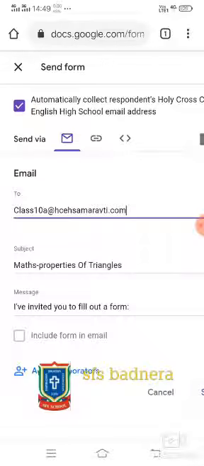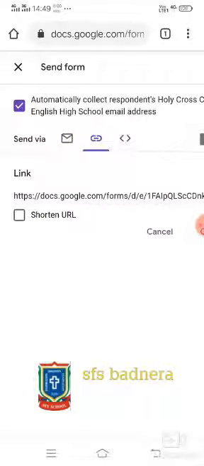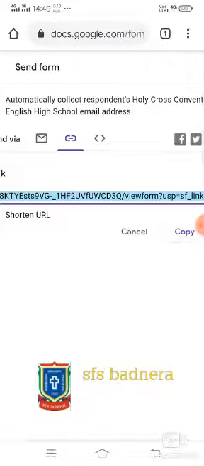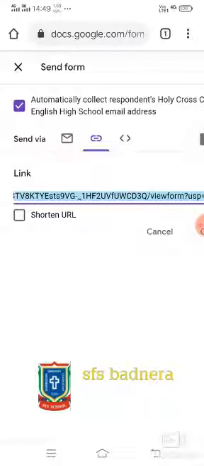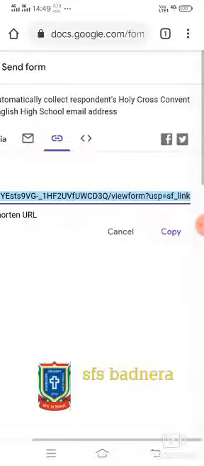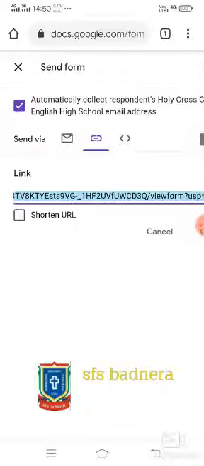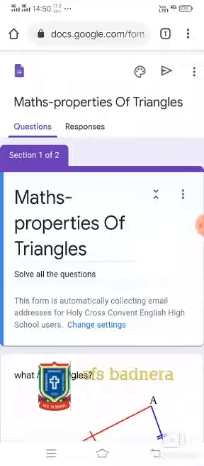The next way is simply generating the link. Okay, now this link is generated. Simply you may copy this link and you may share it into your Google Classroom. Okay, once you are sharing it to the Google Classroom, the student will find it easy to simply click on that link and they'll be directed to the Google Forms. They'll complete the work whatever is assigned to them and they'll submit. Okay, so these are two different ways by which you can send the created forms to the students.